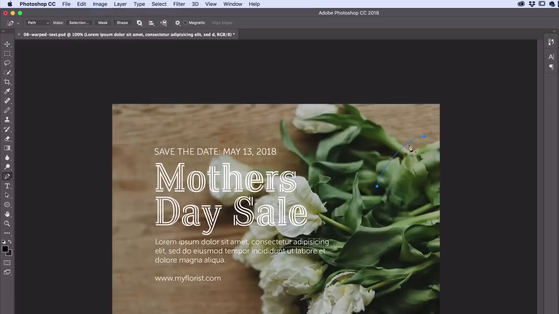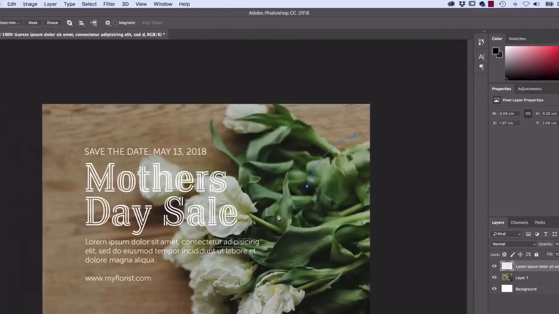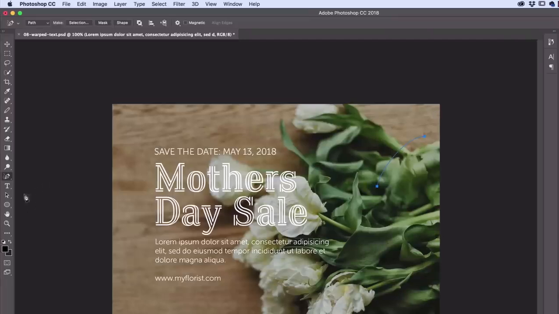Once you've got your path though, the interesting thing about paths is that they're one of the few things that don't appear in the layers panel. They end up in this path panel. Don't go in there, it's messy and scary, but for this technique, we're going to stay out here in the layers. So all we need to do now to get the text to follow along is grab the type tool,